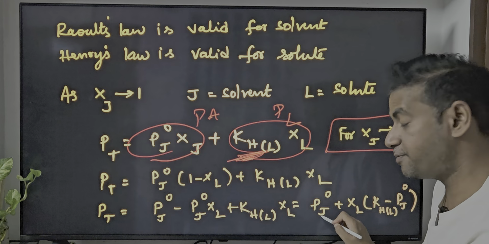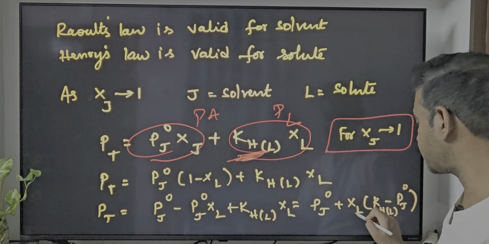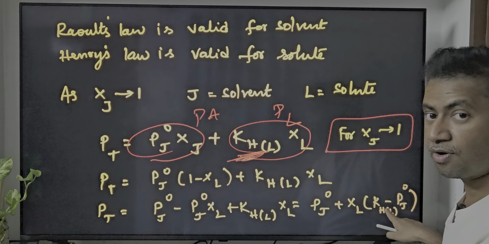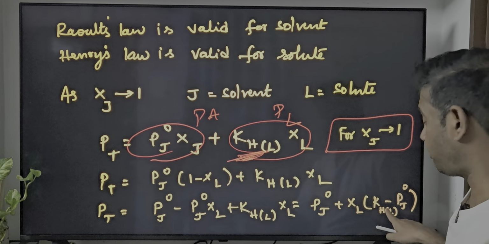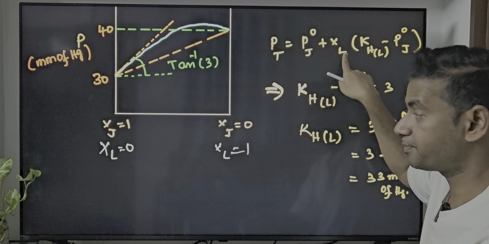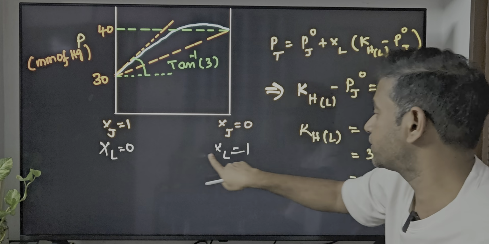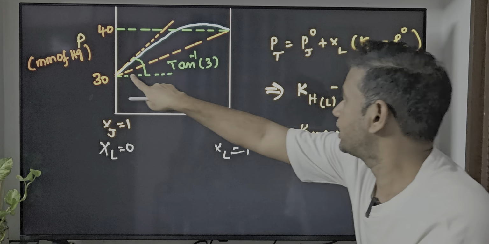P total is PJ0 plus mole fraction of L times (Henry's constant KH of liquid L minus pure vapor pressure of J). And one more time, see, this is the relation of how total pressure changes with mole fraction of liquid L. So from XL equal to 0 to XL equal to 1, the initial slope as XJ tends to 1 is given as